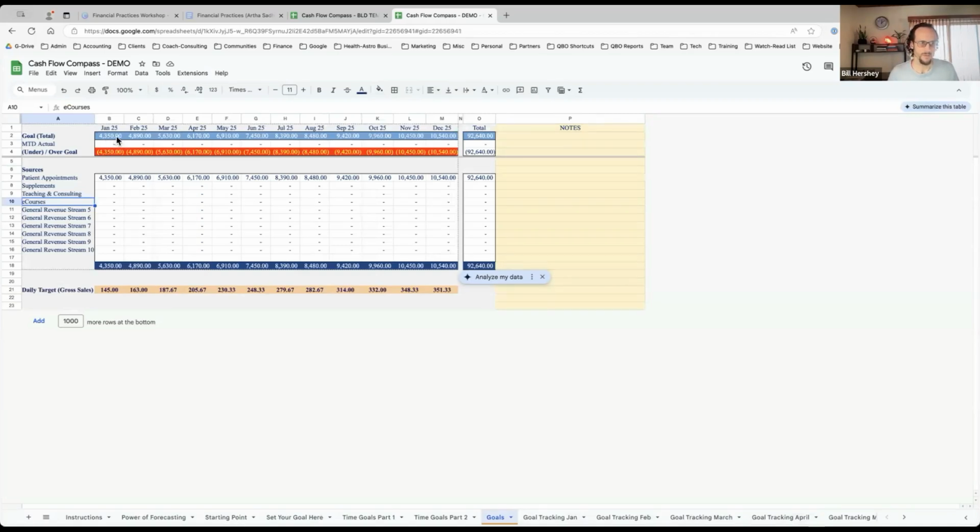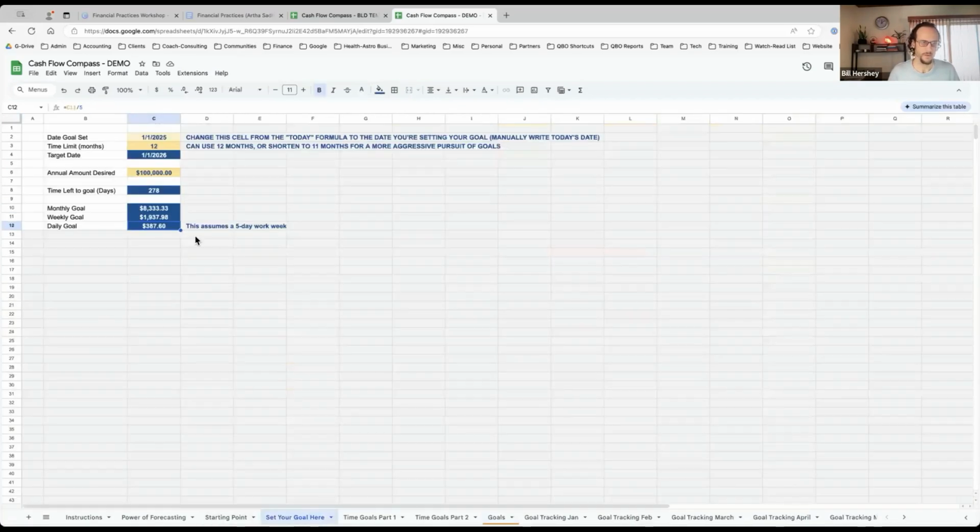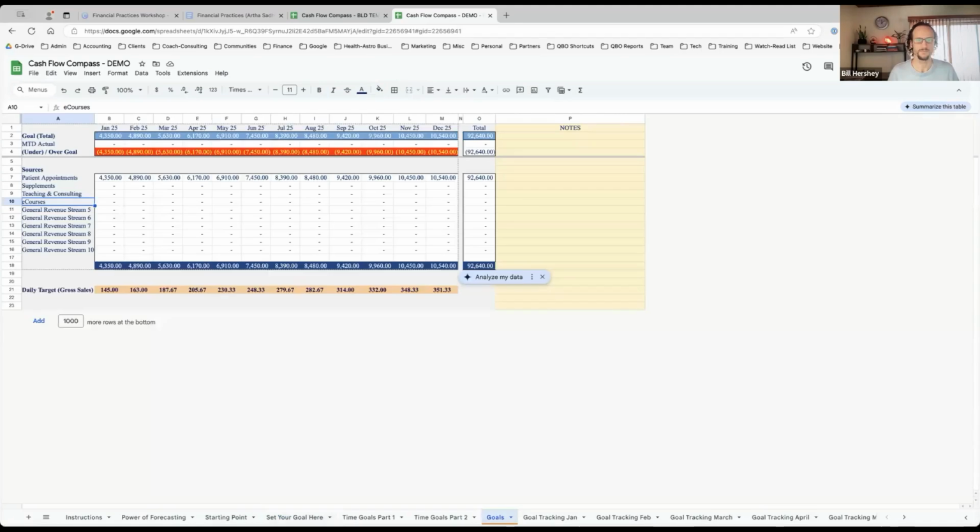Roughly, we're looking at starting at $4,800 months, which is, if we multiply that out, that means that at the current state of their business, maybe they're earning about $50,000 a year. And we're trying to grow to, remember that revenue goal that we set, we're trying to grow to $100,000 per year. So at that pace of getting new intake appointments and getting more follow-ups, we're getting pretty close to that $100,000 goal. How about that?